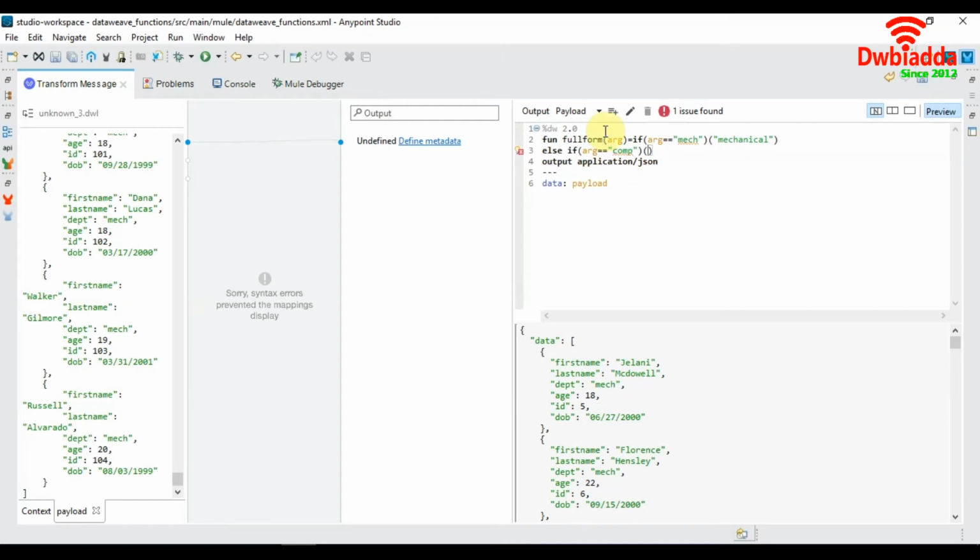So this is how we can make use of if and else if block as well in our code. We write the if condition in a bracket and the expected output if that if condition is true in the bracket following the first bracket. Similarly for else if. So we'll complete our function here.